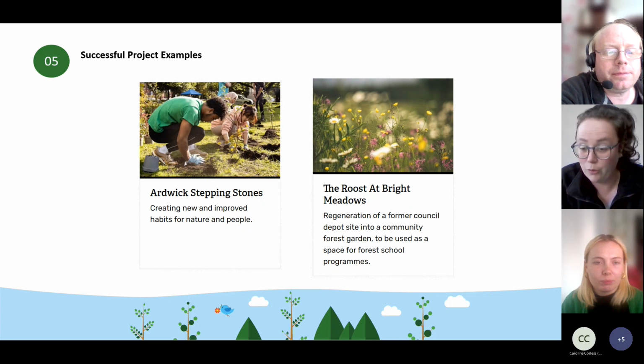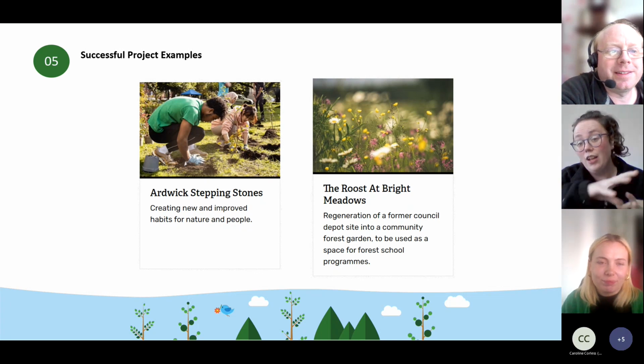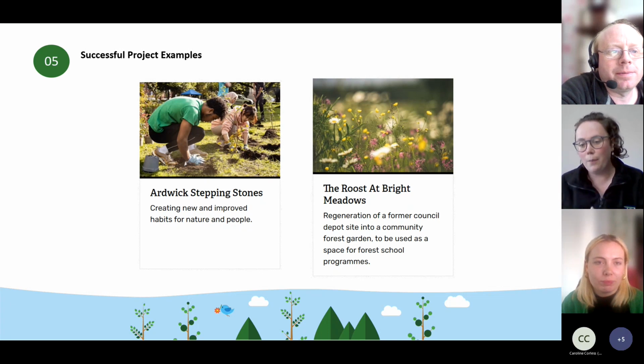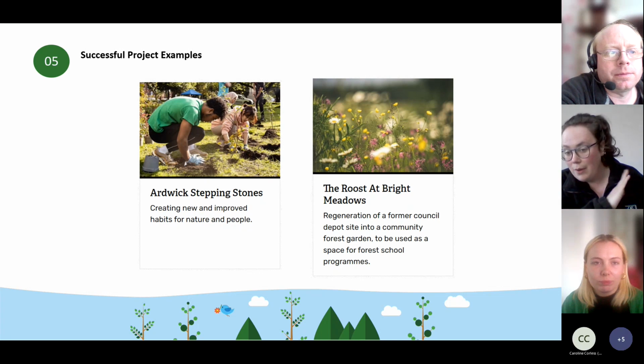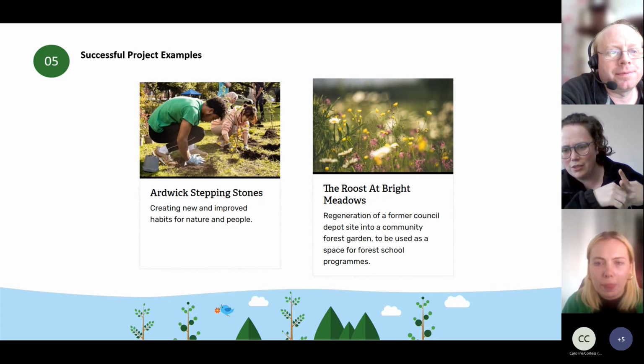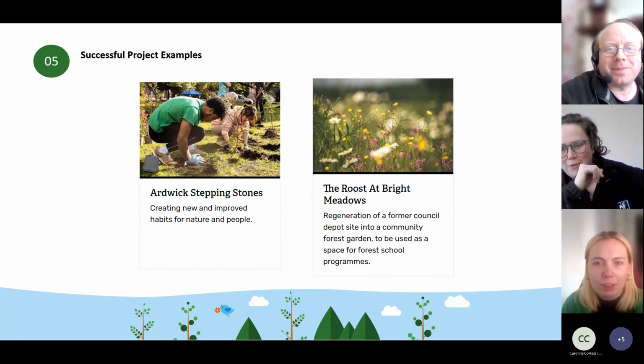Anyway, don't ask me about details too much, but the basic idea is that they've got about 10 satellite sites around the area where they are making really good biodiversity improvements, but depending on what space it is. So, for example, they have near the main, is it the A6 or what's the main one that runs through Manchester with the bridges? Right through the centre.